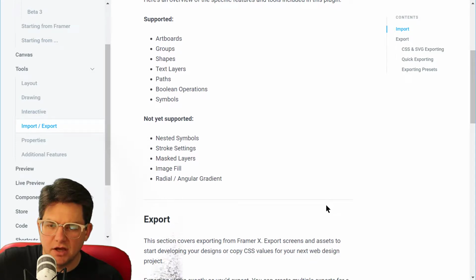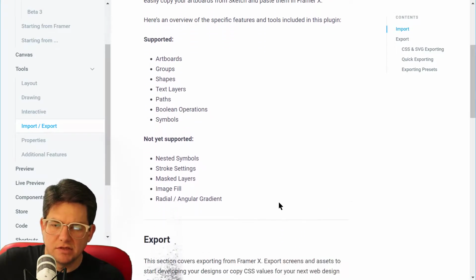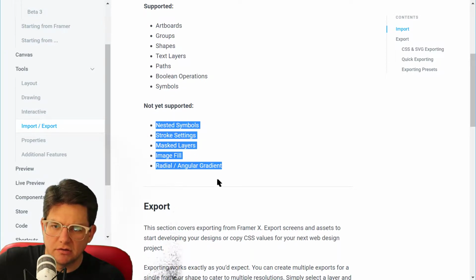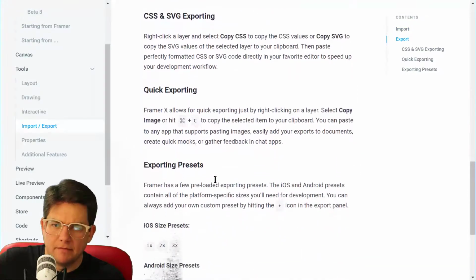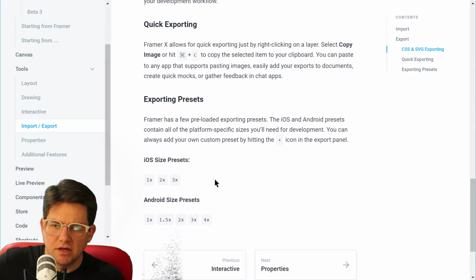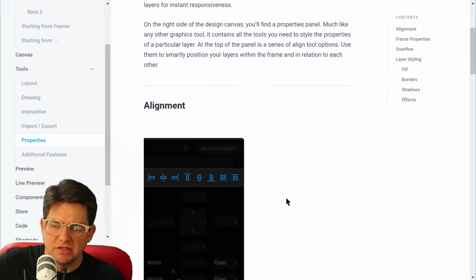import a bunch of stuff, not yet supported from Sketch, not yet supporting all this Sketch stuff. Export, not seeing any JSX export yet. Properties,